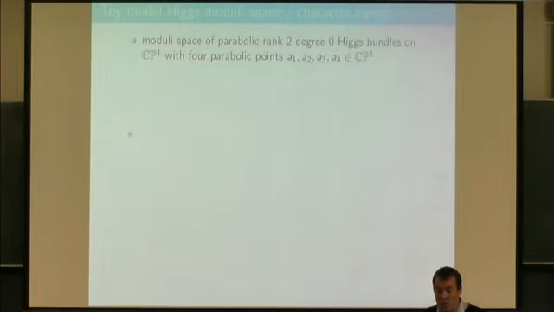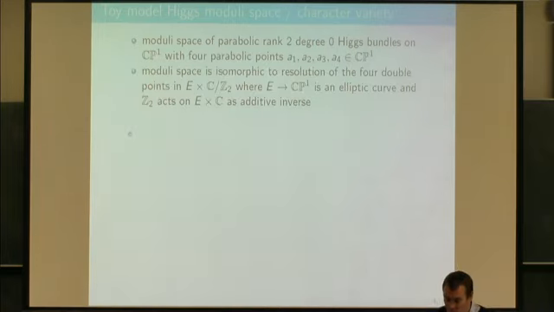Anyway, so we cook up the usual moduli space of semi-stable rank 2 degree 0 Higgs bundles on CP1. And this moduli space is identified by Boden and Yokogawa with the following construction, again explained by Nigel, because you can explicitly construct this variety. It's somehow going to be a version of the Kummer construction. So what we do is that we take an elliptic curve times